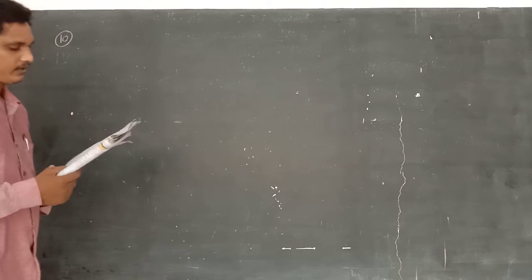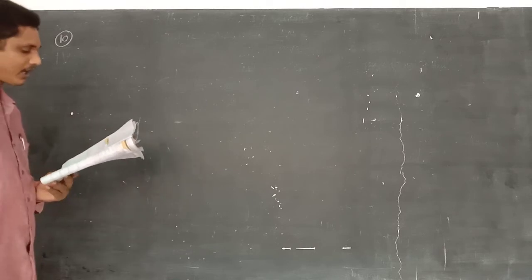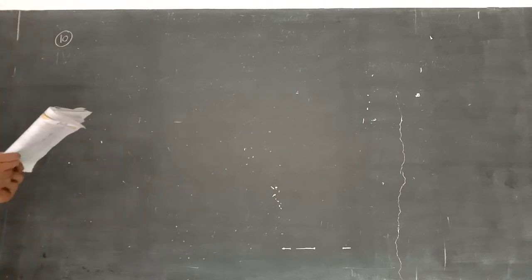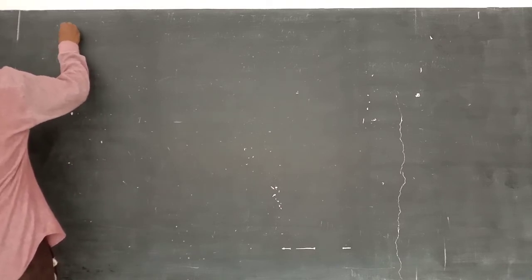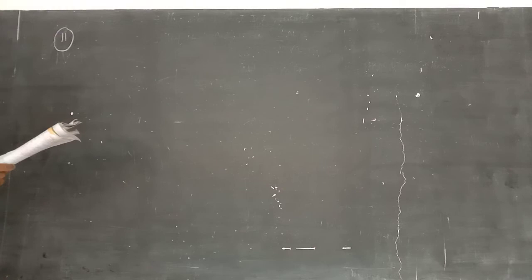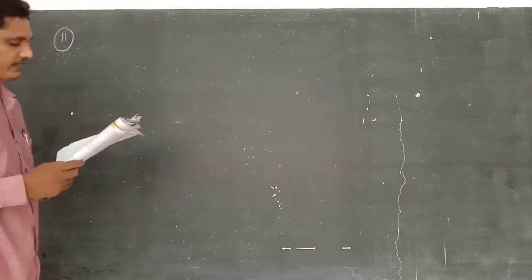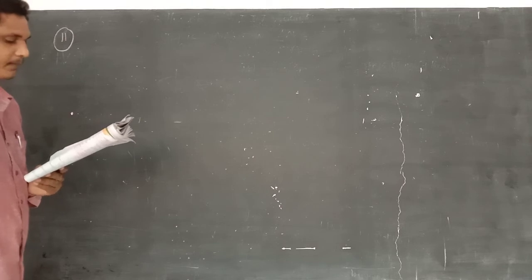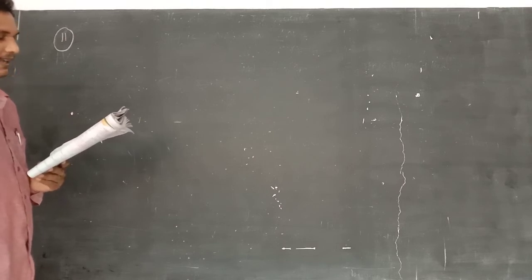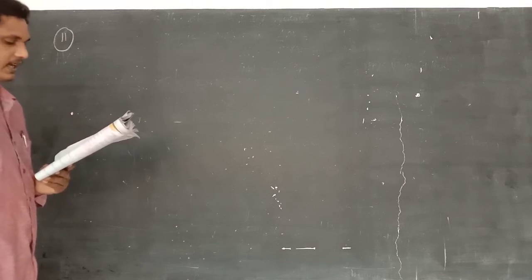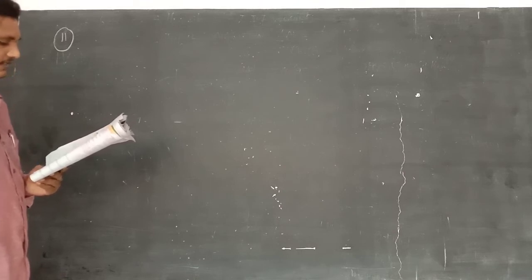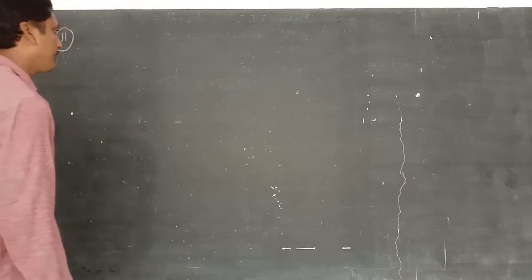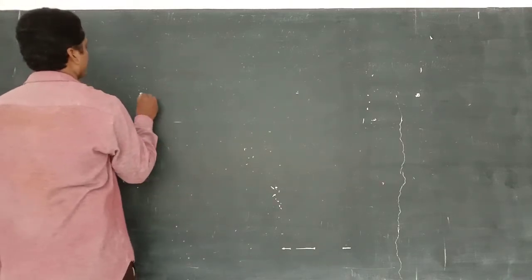Bit number 11, a single correct choice question. A body of mass 5 kg is suspended by strings that make angles 60 degrees and 30 degrees with the horizontal, as shown in the figure. g is equal to 10 meter per second squared. Given that